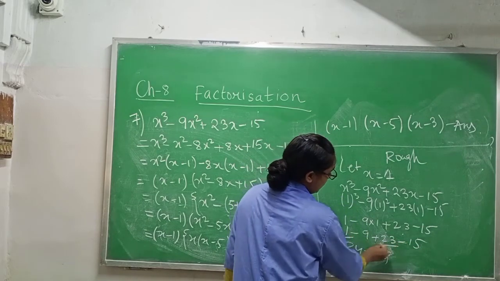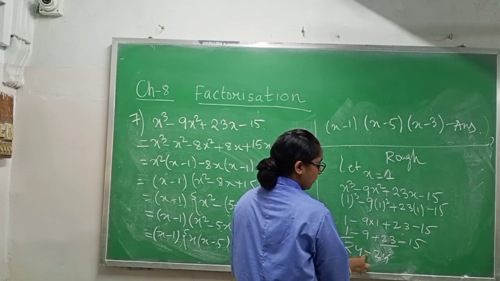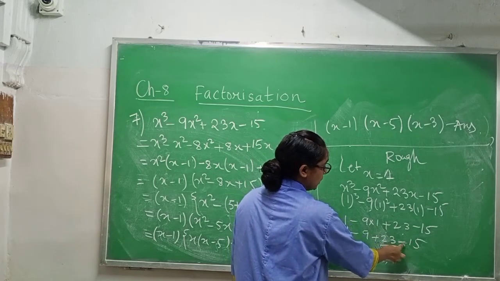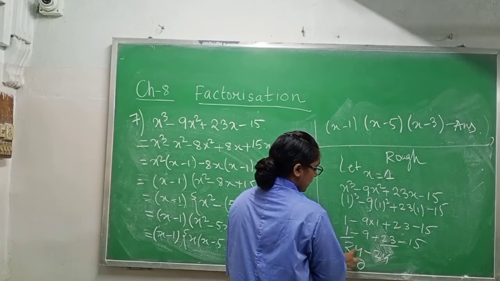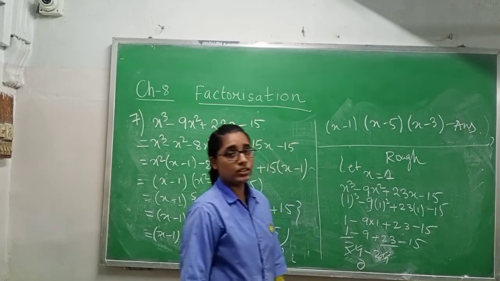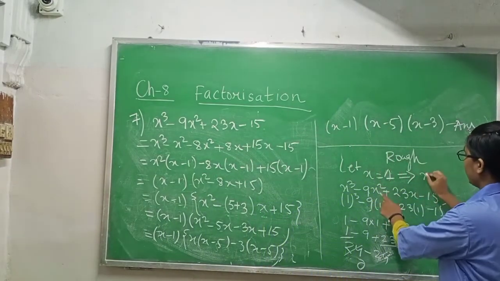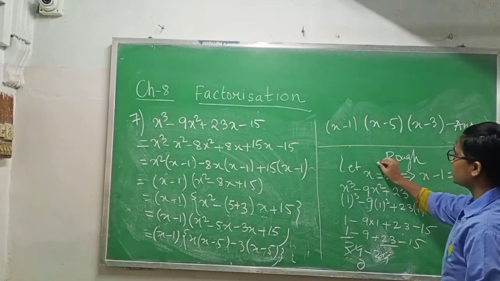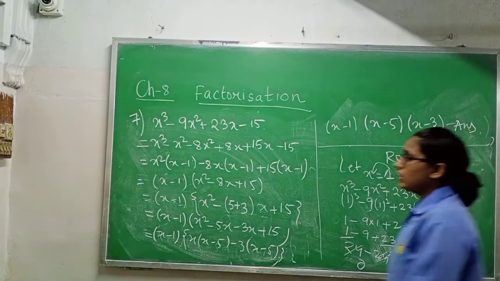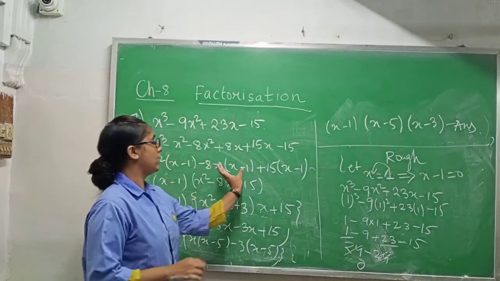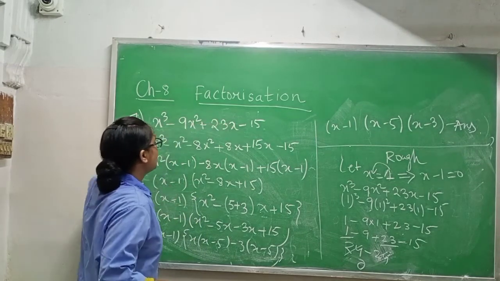Now plus 1 plus 23, so 24 you will get, and minus 15 and 9 together, we have to put a minus sign because 15 is greater and with 15 I have a minus sign. So 15 plus 9 will give you 24, plus 24 minus 24 will cancel, you will get 0. If you are getting 0, it means you will take x minus 1 equals to 0. This plus 1 will go to that side, it will become minus 1. So x minus 1 equals 0. After that, in the third line, you will write x minus 1, and you have to try to find all of this one by one.